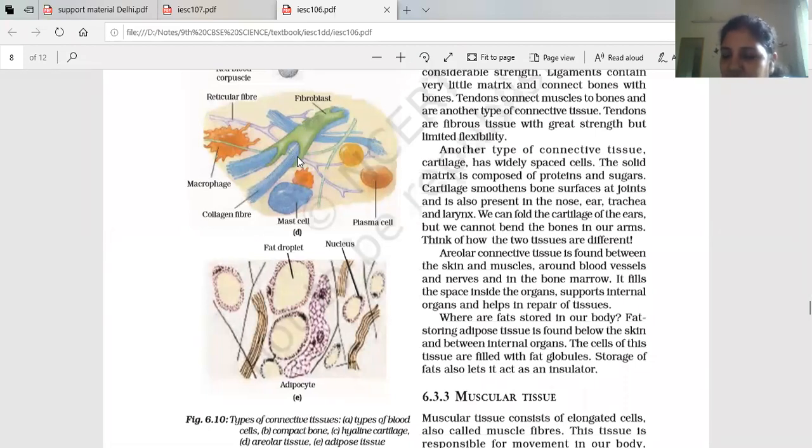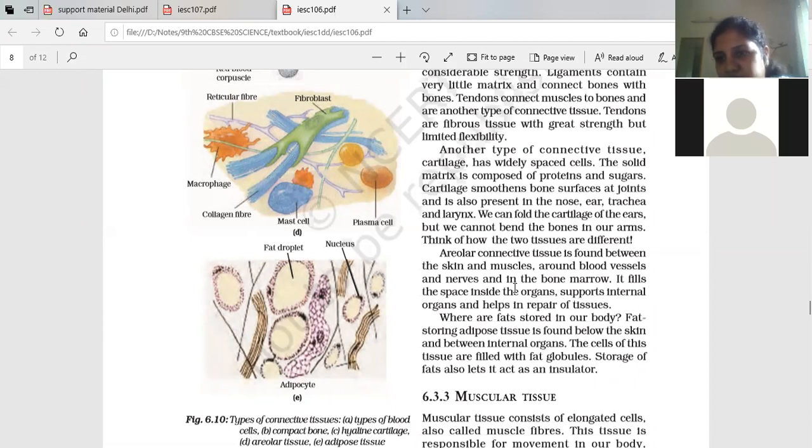So areolar tissues are flexible tissues. What is yellow fiber? It is the fiber providing flexibility, and somewhat looks yellow in color. So yellow and white: more yellow fibers means that tissue will be more flexible. The presence of less yellow and more white fibers makes it a rigid structure. So areolar tissues have those elastic fibers more in number.